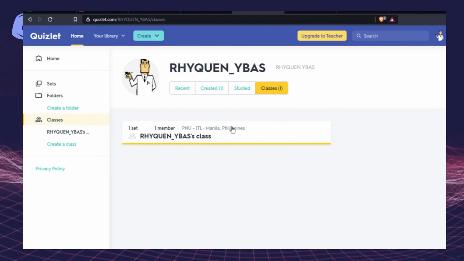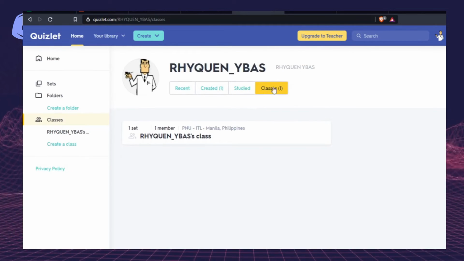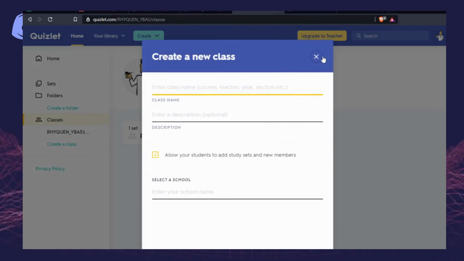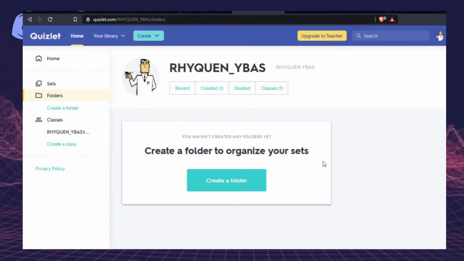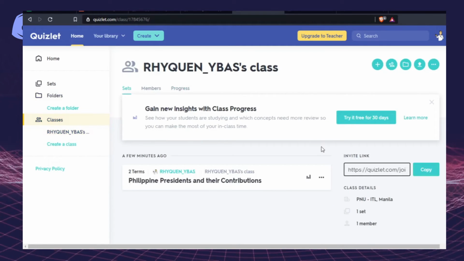Yeah, you can create classes here in this tab. Create class, description, class name, and you create folders to organize your sets. And this one,